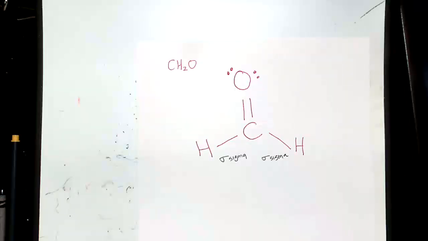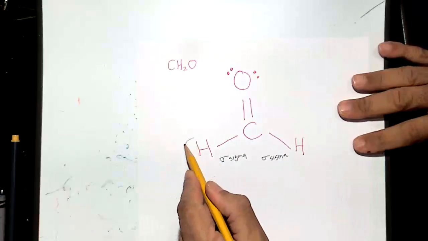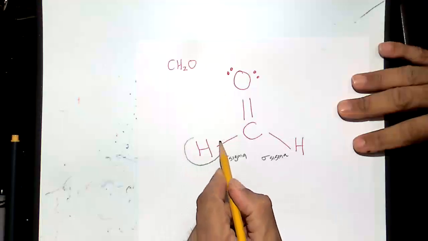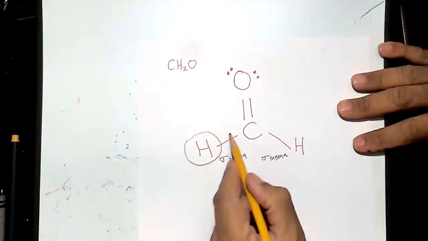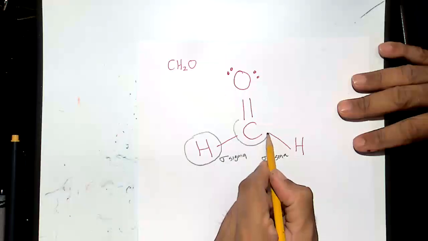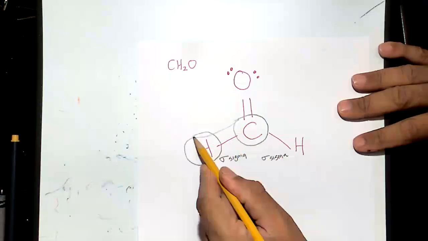So let's see if I can draw this halfway decently for you guys. All right, so we have an s orbital from this hydrogen and an s orbital from this carbon,